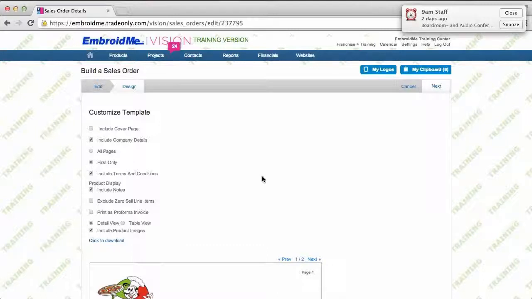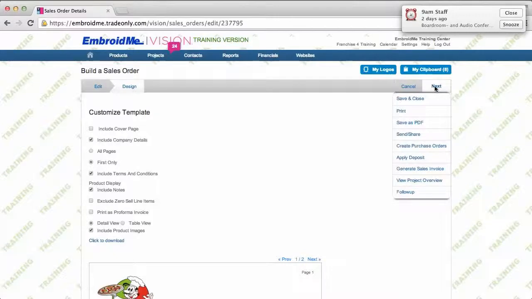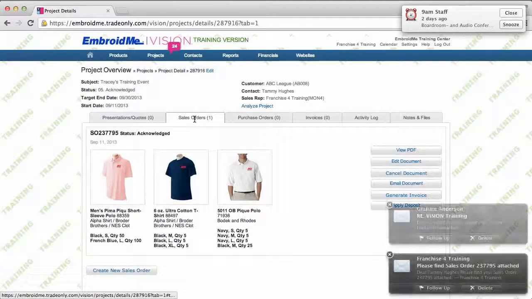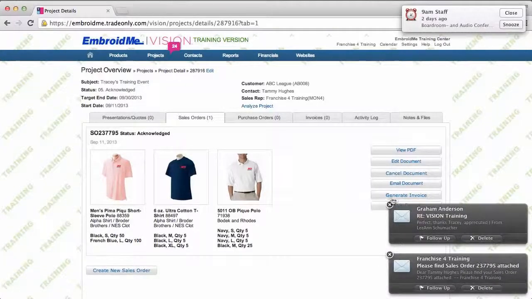When you first opened it and you were working on it, it was in the new order status. Once you print that sales order or you send that sales order to the customer, it does change the status of the sales order to acknowledged. So if I save and close this work in progress, and I'm now in my project screen, I can see on my sales order tab that I have these 3 items